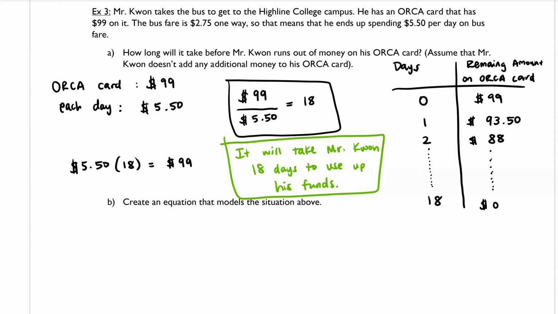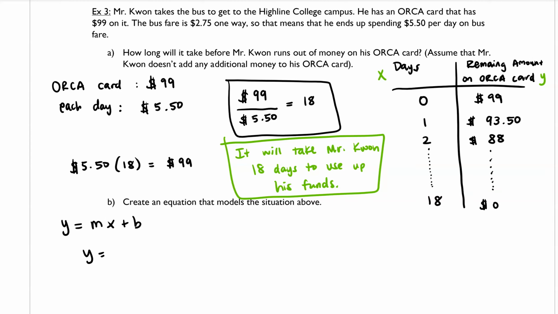Okay. Part B says create an equation that models the situation above. So recall from up above that the equation of a line is given in the form y equals mx plus b. So here in our table, the input is x and the output is y. So the remaining amount on the Orca card is equal to